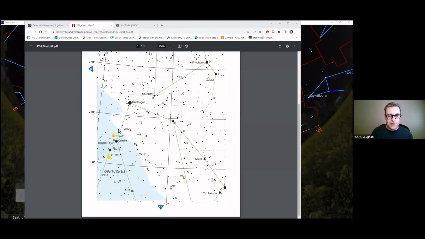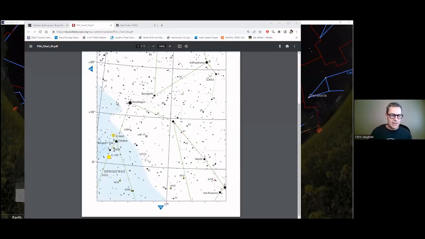The constellation lines are green, which means they'll be dark under red light. So they'll be visible under red light. All of the black and white material will be fine. The Milky Way may or may not be visible under the red light. That's not that important. But you'll find that the better quality charts will be made so that they work under